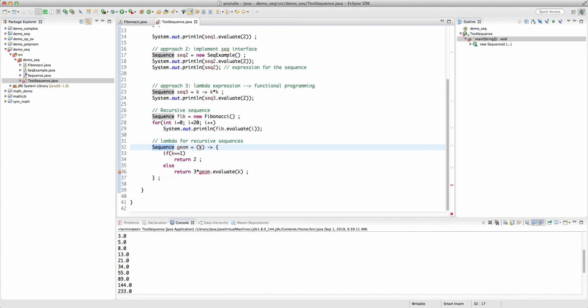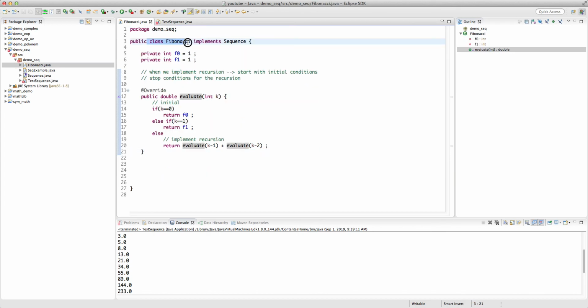So in the lambda expression, we create a sequence object, and here we want to override the evaluate method. And in the evaluate method, what we can do is we want to have an initial condition and then some constant number times the evaluate method at some other point. Now the question is it possible to do that? And it should be possible, but I'm not sure if I recall how to do it. But for now, you can just instantiate a constant or create a concrete class, and